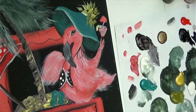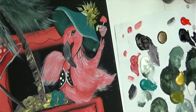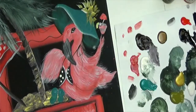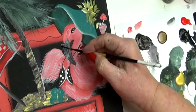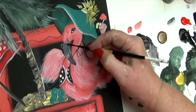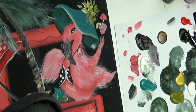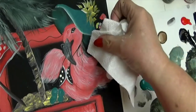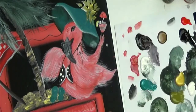Okay, the sunglasses are right on the nose area. So with lamp black, we'll make a line across and one. There we go. Okay, that's for the glasses. A little bit of water there that I've got to dab. There we go. Okay, so the glasses are see-through, of course, but I'm going to make them a little foggier,